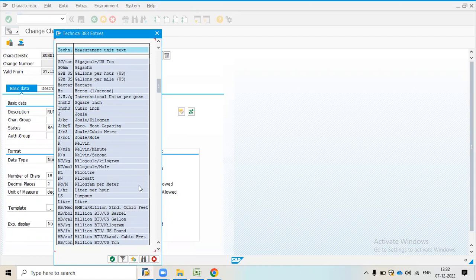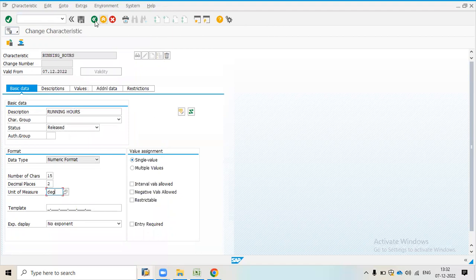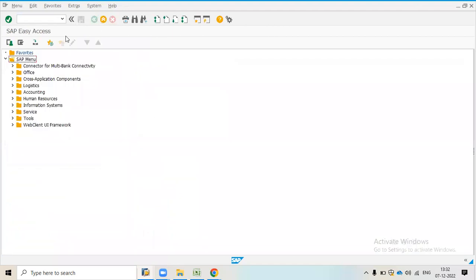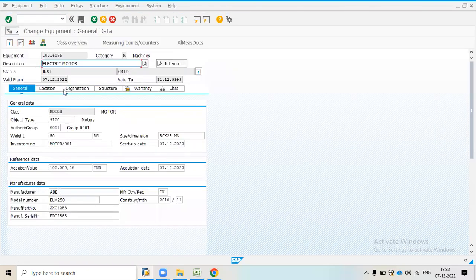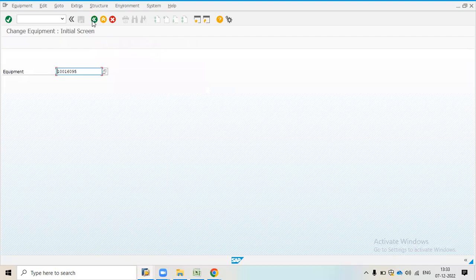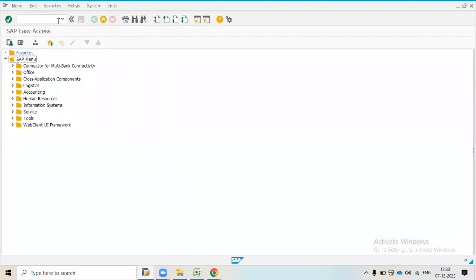Okay, suppose we are going to measure temperature, sorry for the interruption. Suppose we are going to measure how much current they are providing, there is one equipment, this is our electric motor. And how much current and how much voltage does this electric motor provide per day, how can we count it in our system, how can we measure it? So for this we need to create a measuring point, and if you want to create a measuring point we need some characteristic.